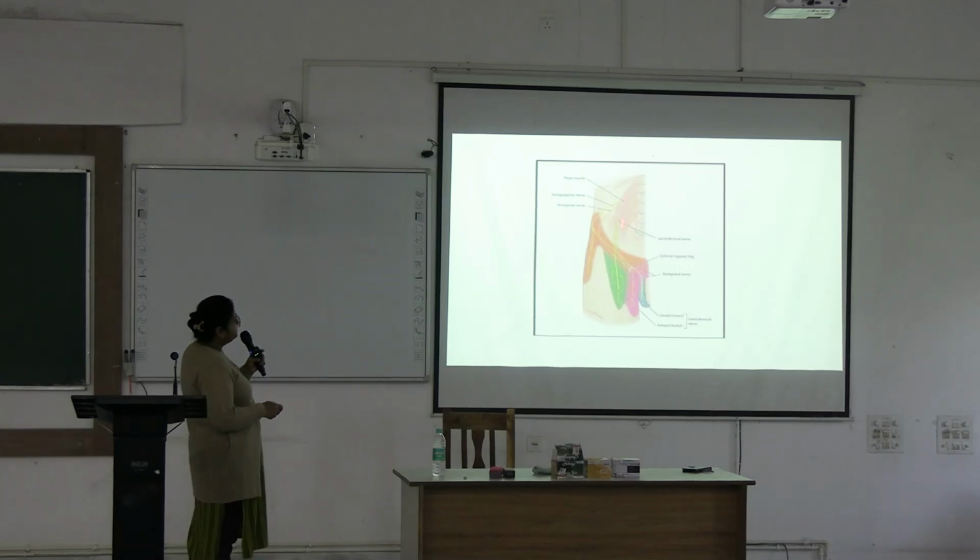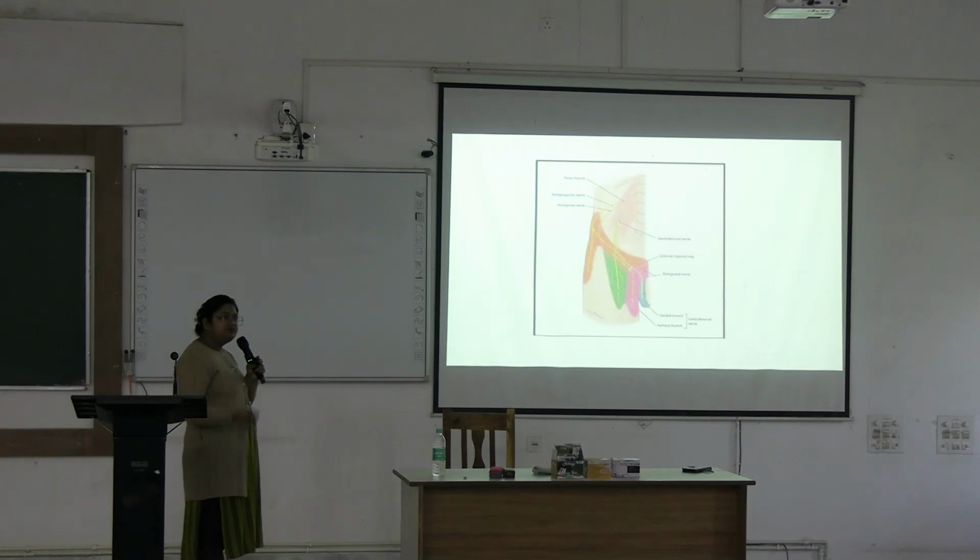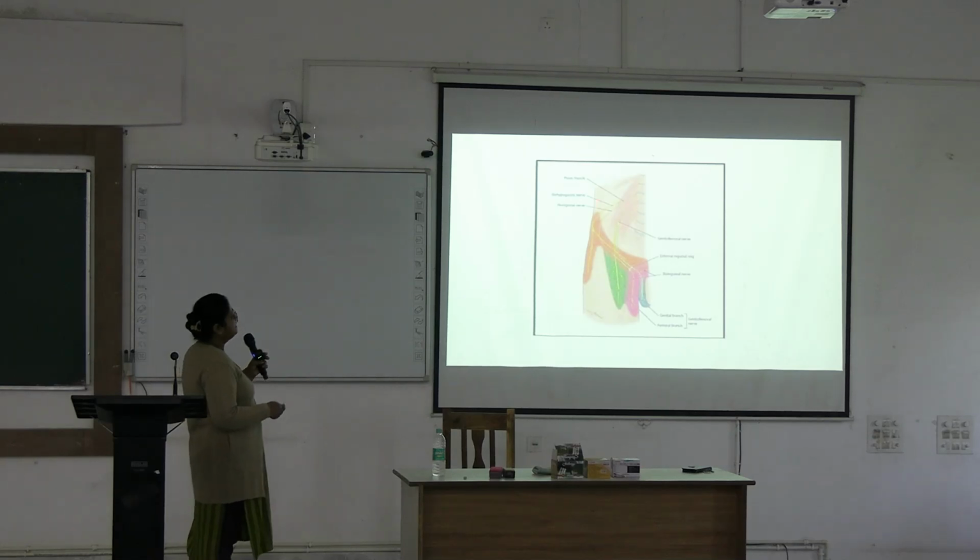Here it is coming out from the anterolateral aspect of the psoas major, then lying over the psoas major, then dividing into two branches. This is a femoral branch passing through the femoral sheath, supplying this area, and the genital branch entering into the inguinal canal and going to supply the area near the groin or the genital area.